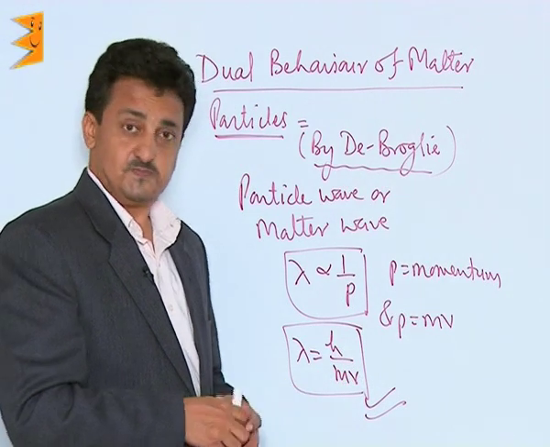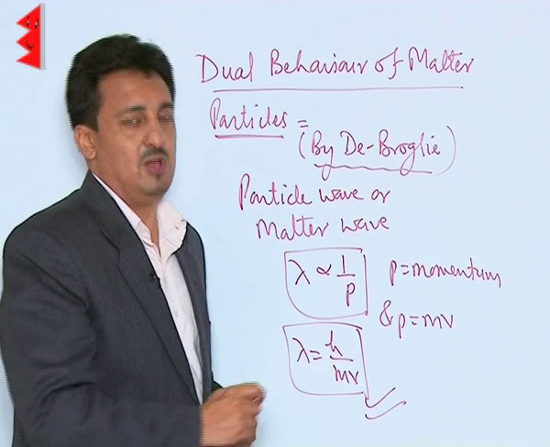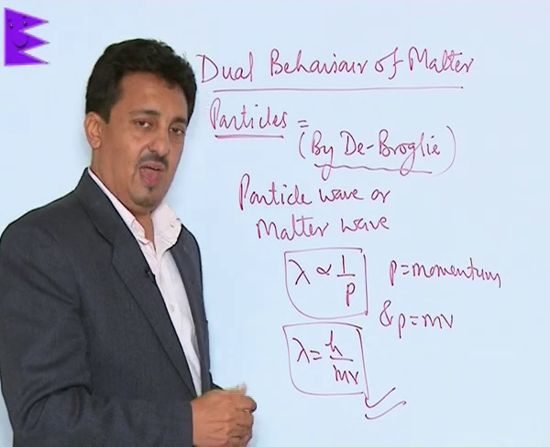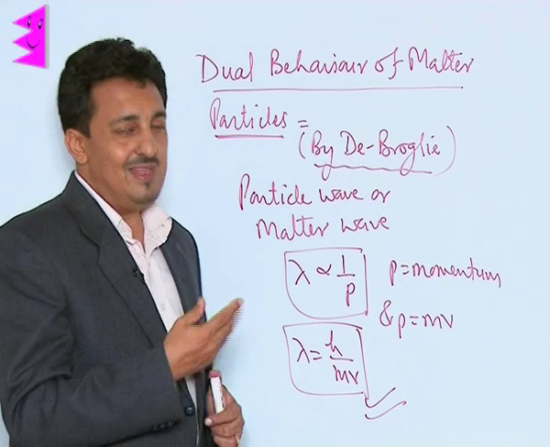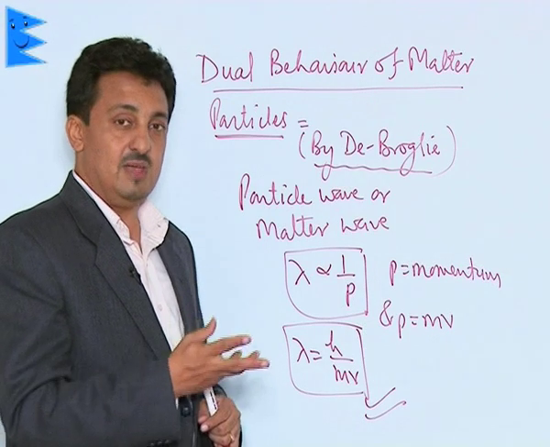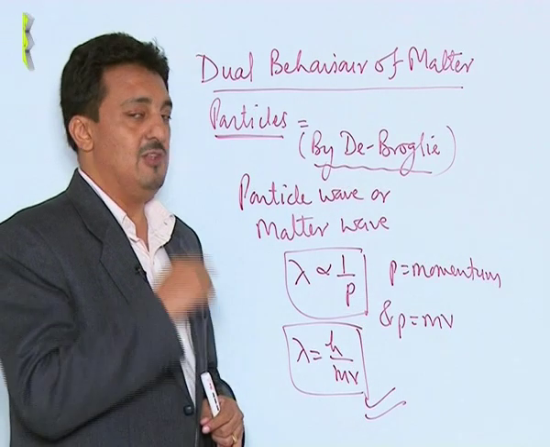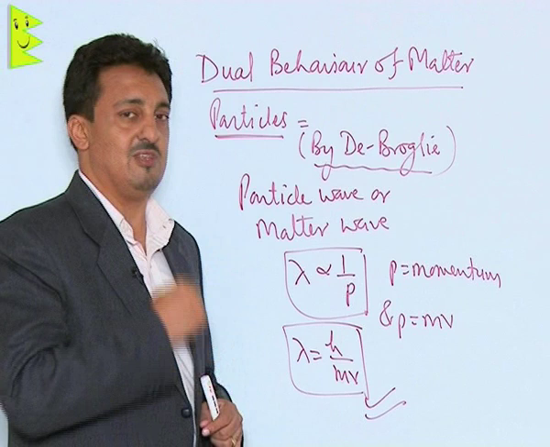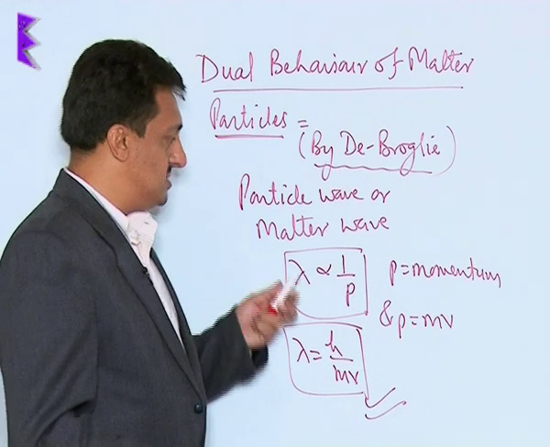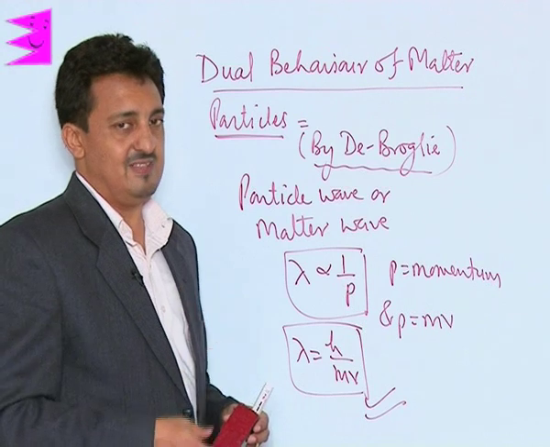So this principle is very much valid for subatomic particles, particles whose masses are very, very small, and that is why it is mainly applicable to electrons, protons, and other particles. Because of this, we have to believe that the electrons in atoms will not be showing a normal particle-like rotation in a circular path called an orbit. They will be moving like what? A wave in the orbits. That is the major change which was noticed, that this principle completely changed the way we were thinking.